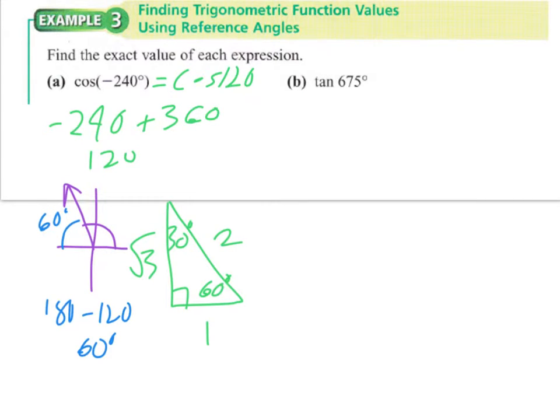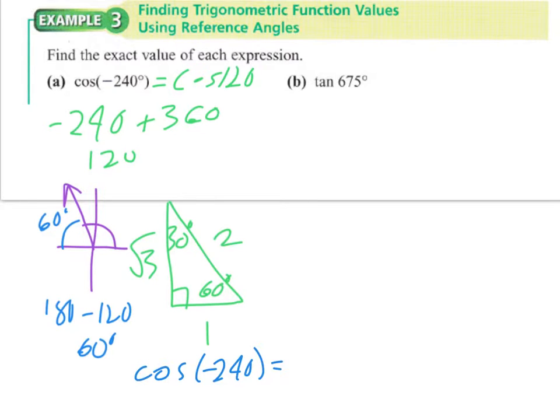So that 30, 60, 90 triangle, remember the hypotenuse is 2, the shortest side is 1, and we can use the Pythagorean theorem to figure out that the third side is the square root of 3. So finding that cosine, I would probably determine early on that cosine, since it is in the second quadrant, so cosine of negative 240, which of course is the same as cosine of 120,